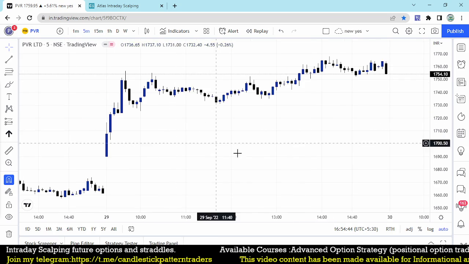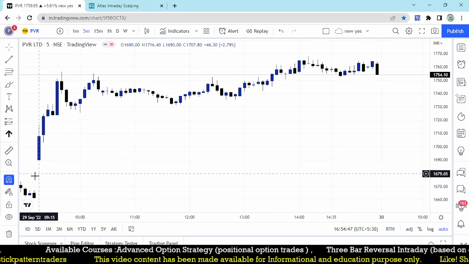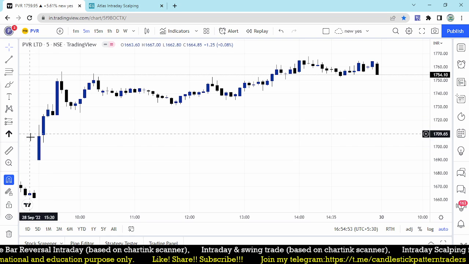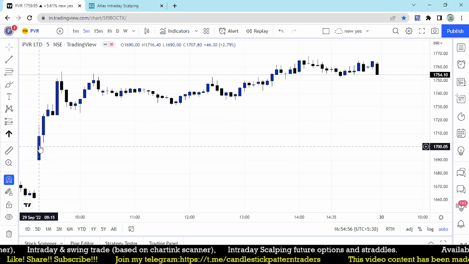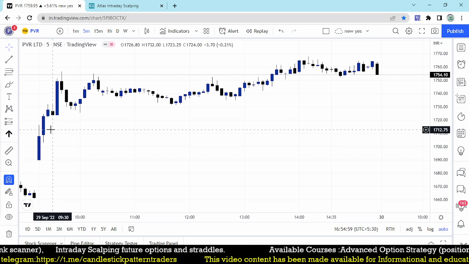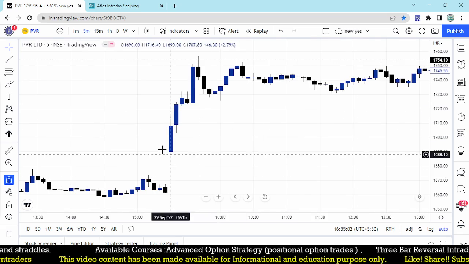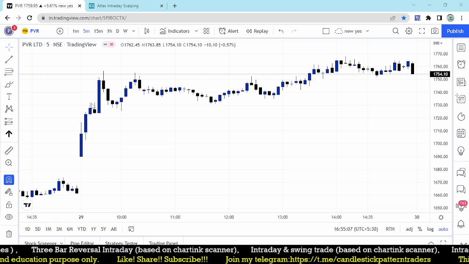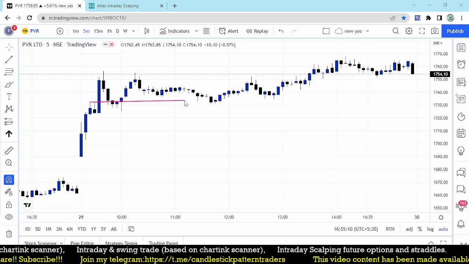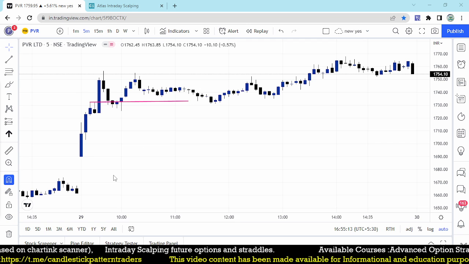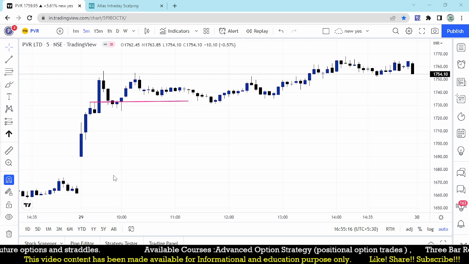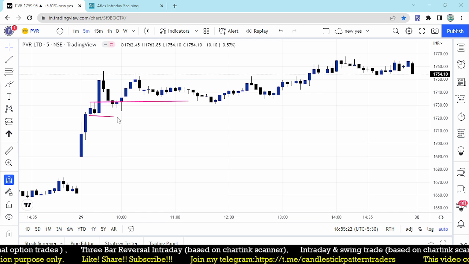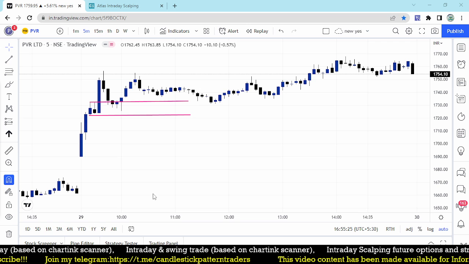PVR in a 5 minutes time frame. The first 5 minutes, first 5 minutes, that is what makes the 15 minutes. The first 15 minutes should be bullish candles, and in a 5 minutes time frame we are checking for three consecutive green bars. With three consecutive green bars, there is a chance the market can continue the trend over and above the candle. The close may be at higher highs, and further candles also have a chance to make higher highs, and we can use the low as our stop loss. Just wait,